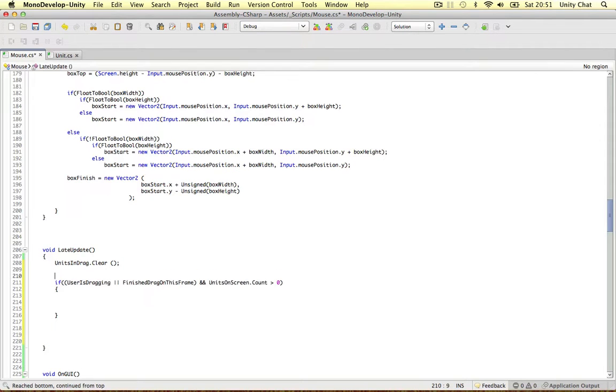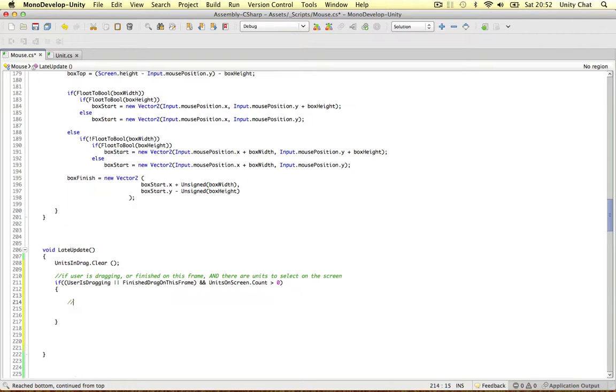We only want to work out how many units are in the drag and then add them if the user's dragging, if we finished dragging on this frame, and if the units on the screen is greater than 0, so there are units to drag and select. So if user is dragging or finished on this frame, and there are units to select on the screen,